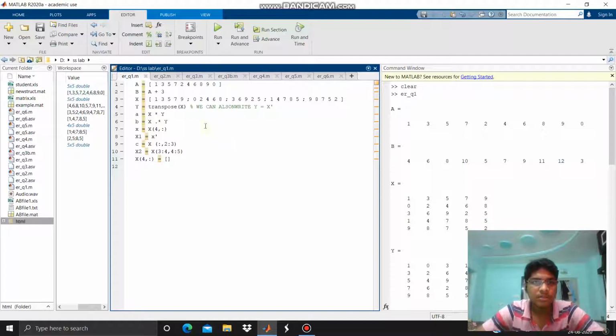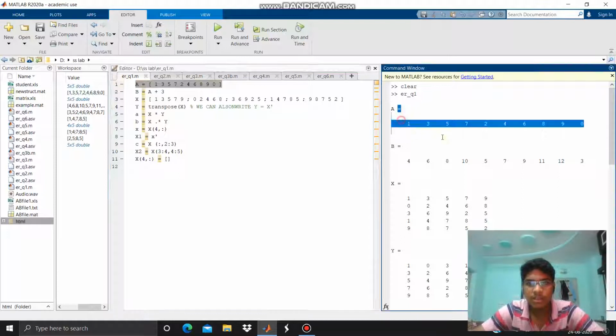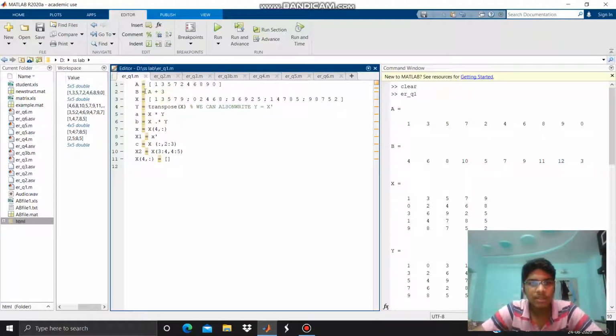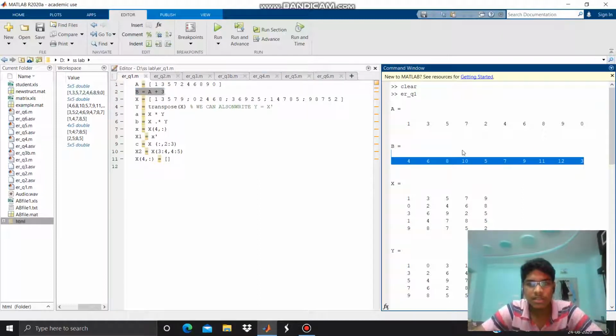I am going to explain the MATLAB basic operations. Now here is the first question. If you want to create a simple vector with 10 elements, we will be using this syntax and the output is this one. And if you want to add a 3 to each element of matrix here, then we will be using b equal to a plus 3 and the output is this one. 3 is added to each element.